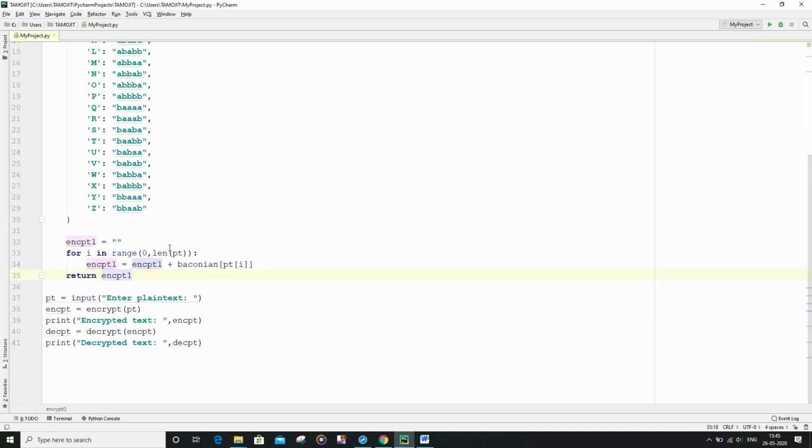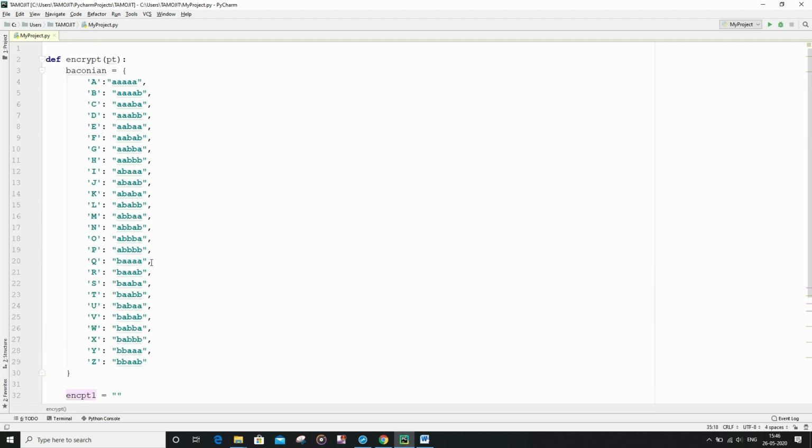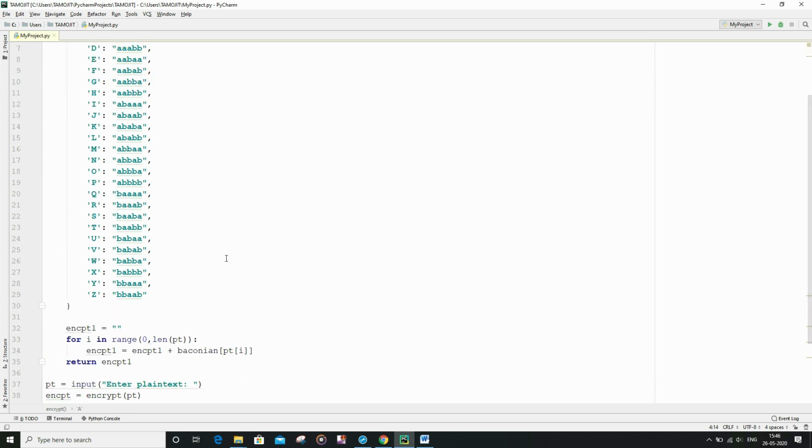For each character, it is going to take it individually and map it using the dictionary we defined here, finding the corresponding value associated with that character. Suppose we have the character W, then it is going to map it to this string, BABBA, and then for each such character it is going to concatenate the encrypt1 string